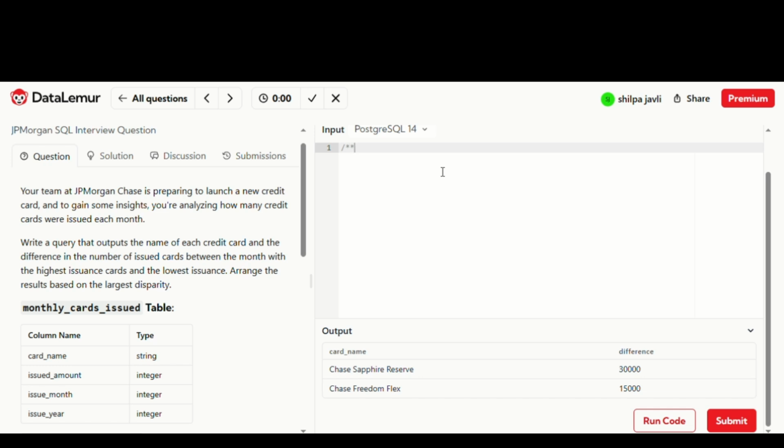What I understand is, JP Morgan is trying to launch a new credit card. It wants to gain some insights on how many credits are being issued each month. So now we need to write a query